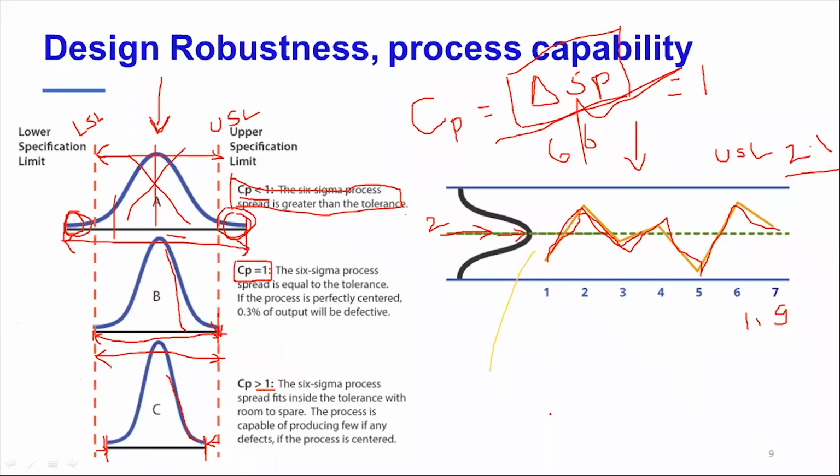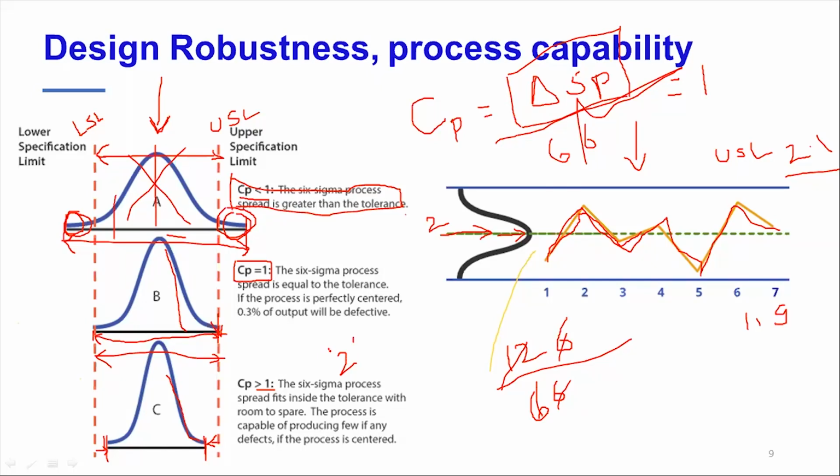Now if you take a process which is a 6 sigma process, plus minus 6 sigma, what will be the spec difference? It will be 12 sigma. Your process is such that its variation is 6 sigma. So everything cancels, and CP equals 2. CP equal to 2, that's for 6 sigma. So that's how you measure your process capability.